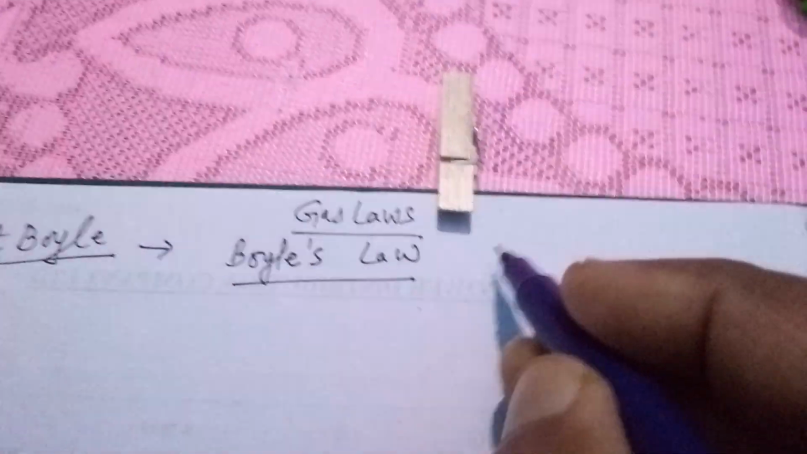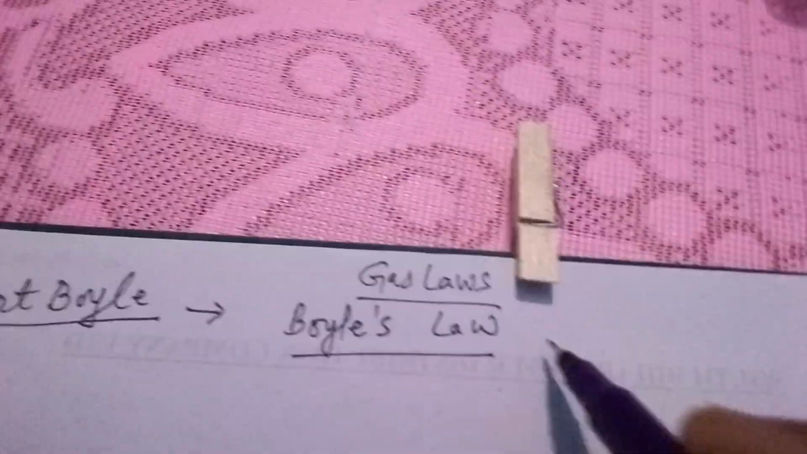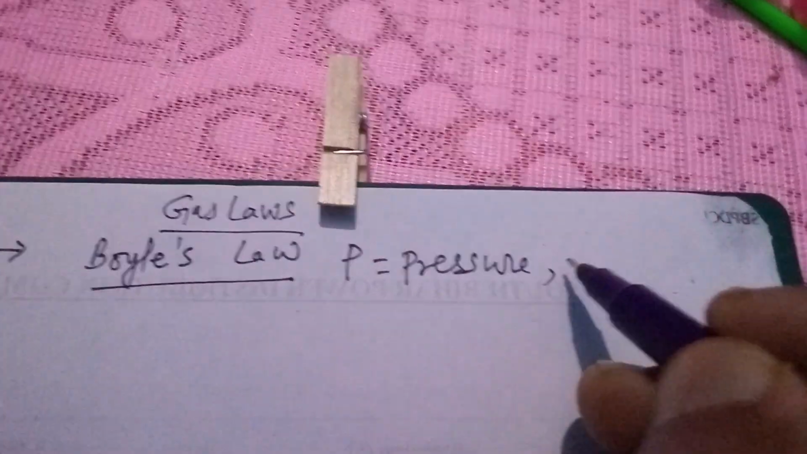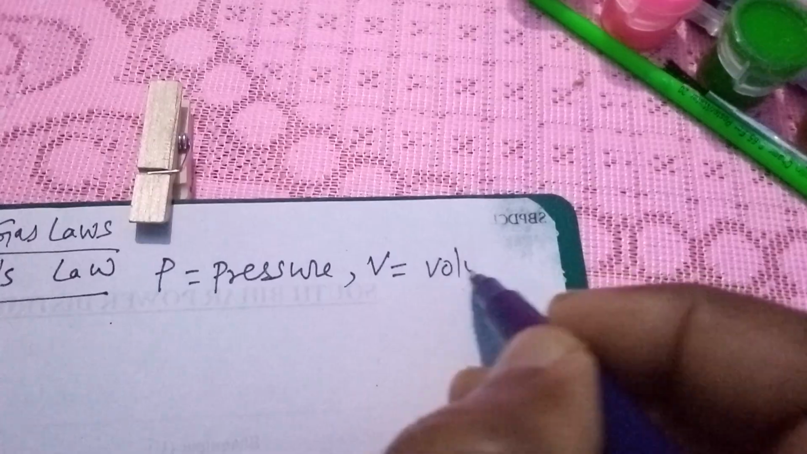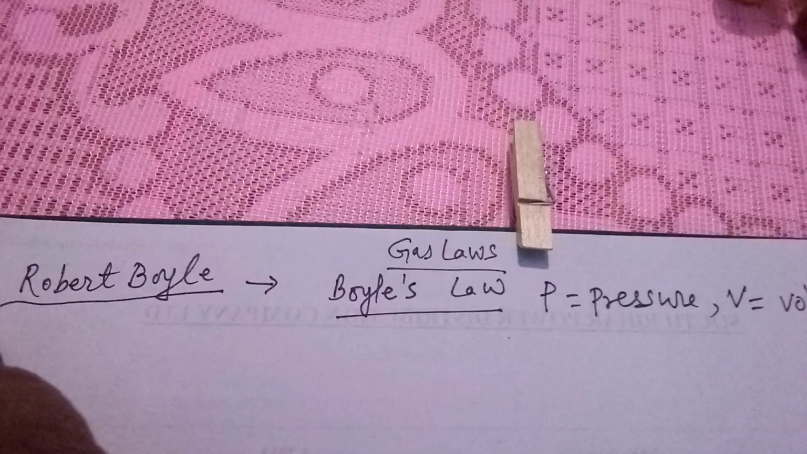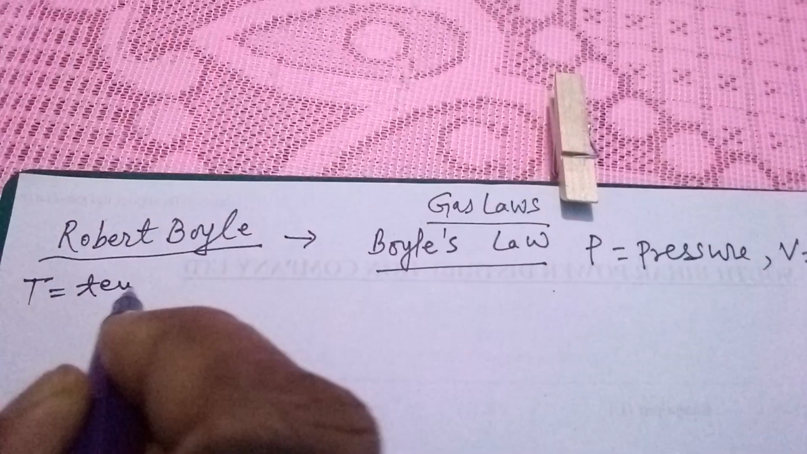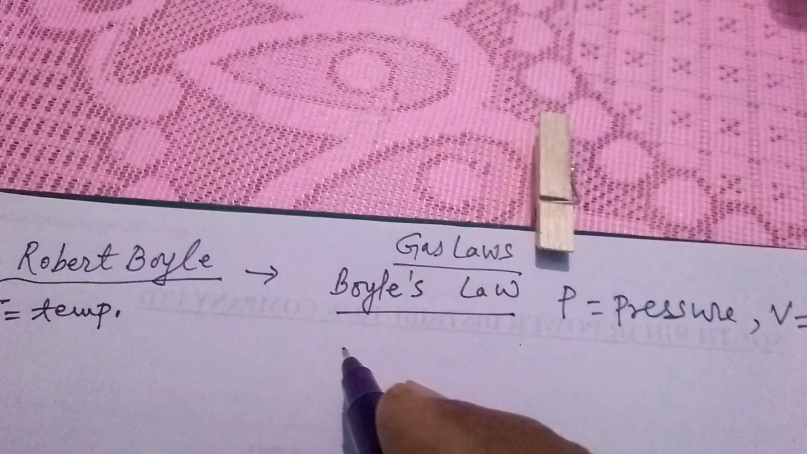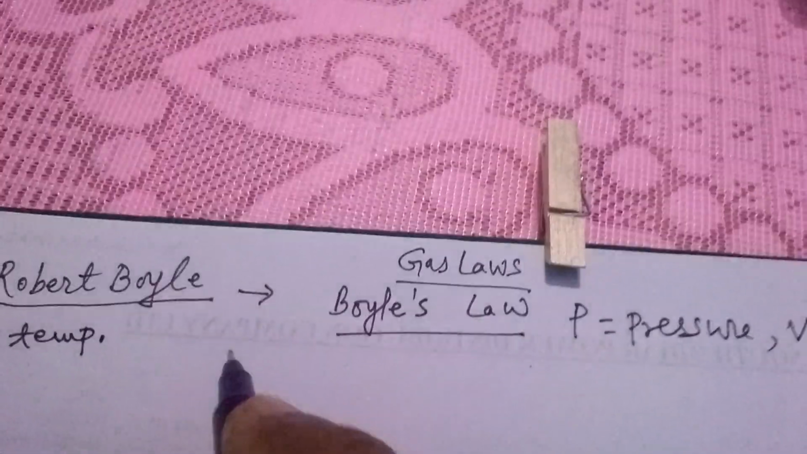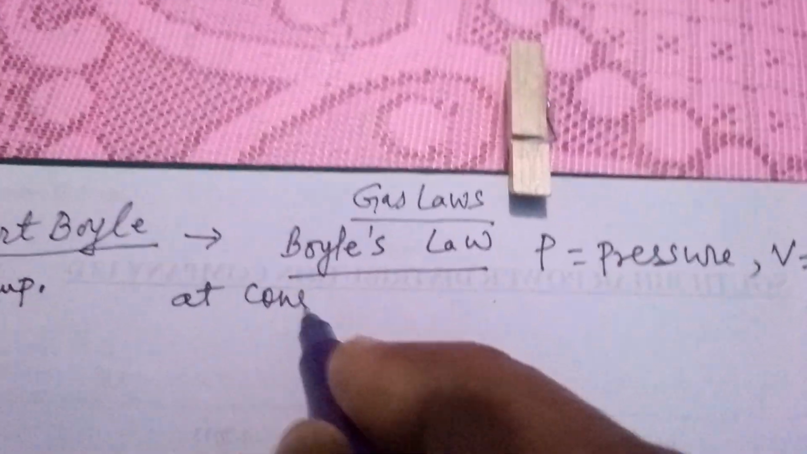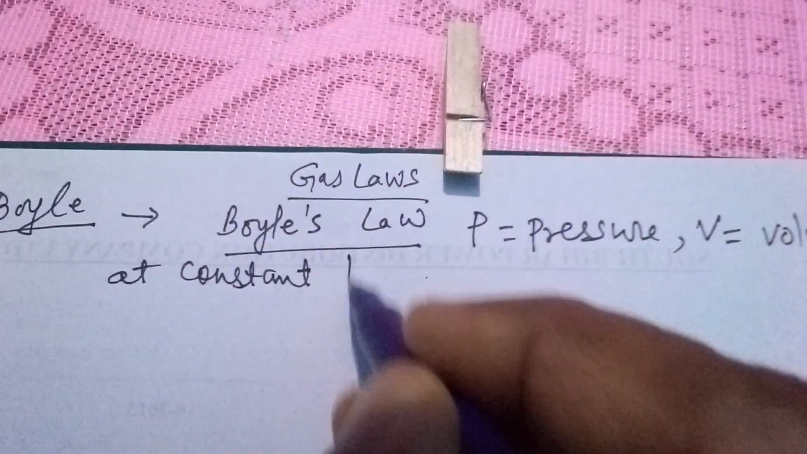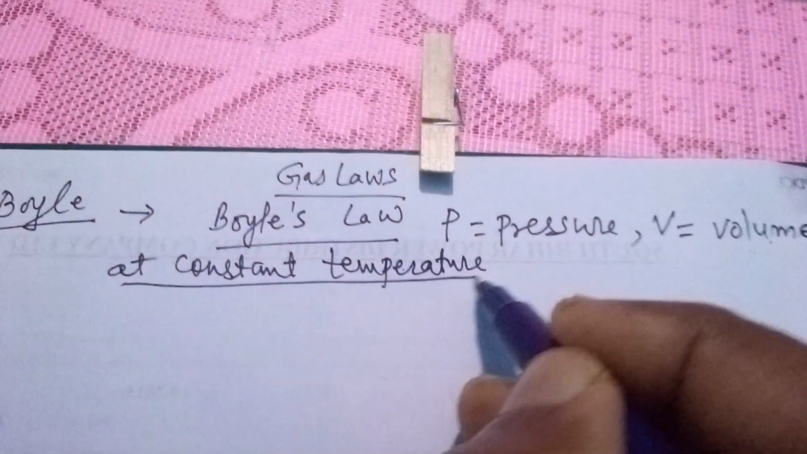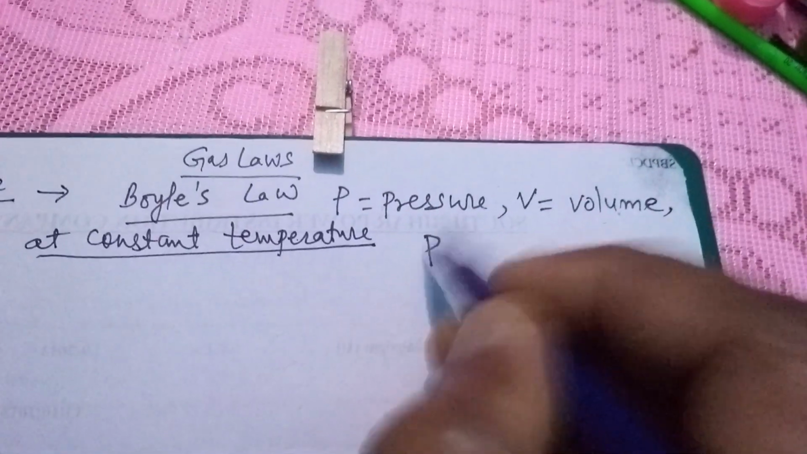Okay? Here three quantities are there. P stands for pressure, V stands for volume, and T stands for temperature. Okay? So, Robert Boyle says that at constant temperature, at constant temperature, P is